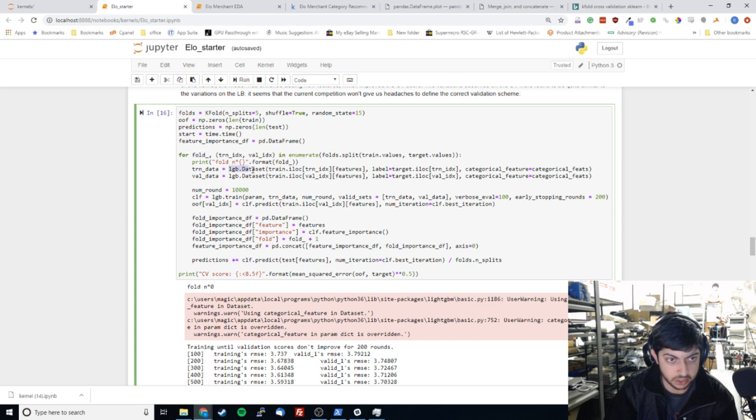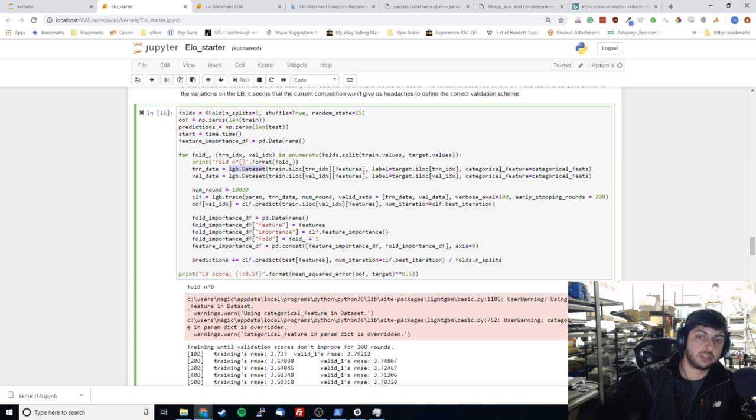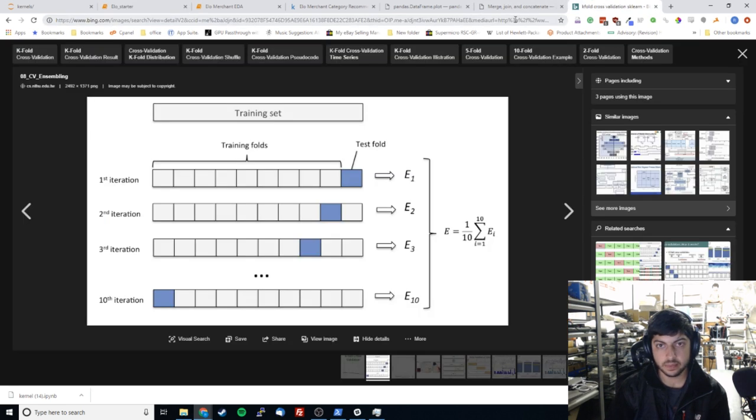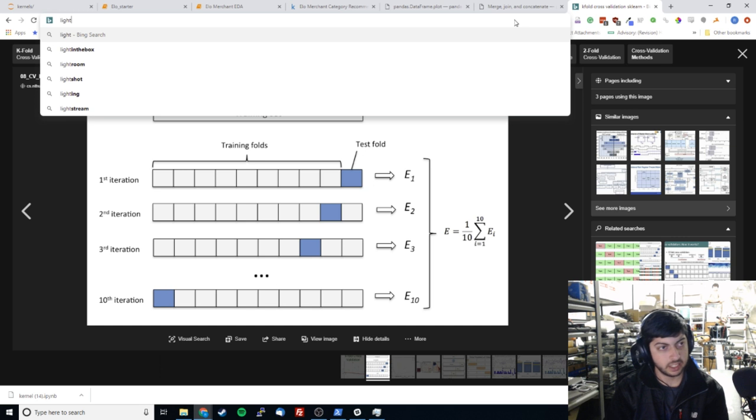And so they're preparing this into an LGB data set. They're telling it, this is our input features, here is our target, and then they're defining the categorical features. For anyone who's not familiar, LightGBM has a very cool feature where it handles categorical features automatically, because the way that a gradient boosted tree handles them by default is not particularly great, and it does some wizardry in the background that makes it handle them much better. If anyone has the time, I highly recommend reading the paper. I believe it's, I want to say it's like Fisher something method,